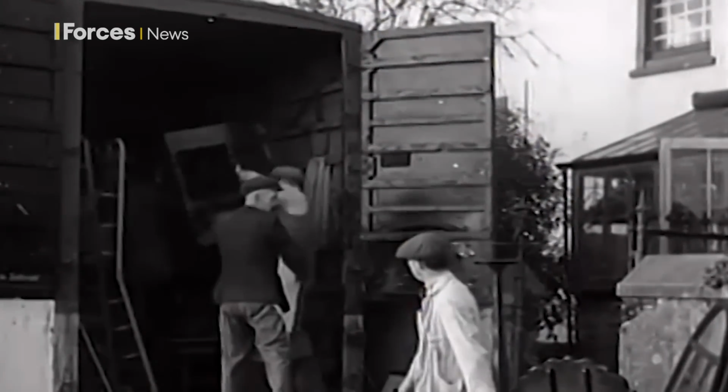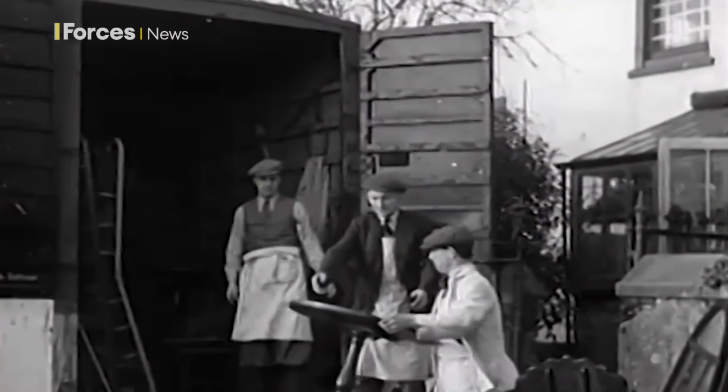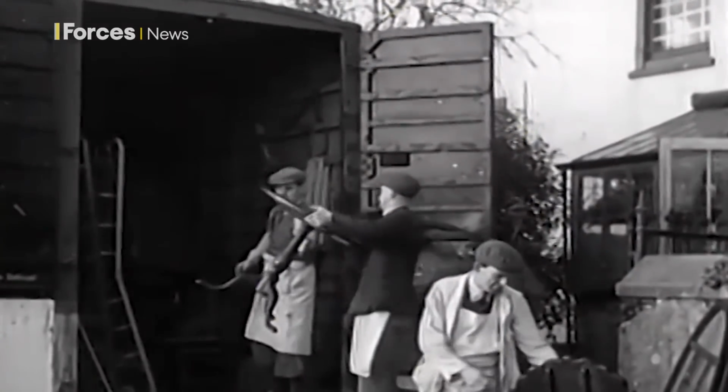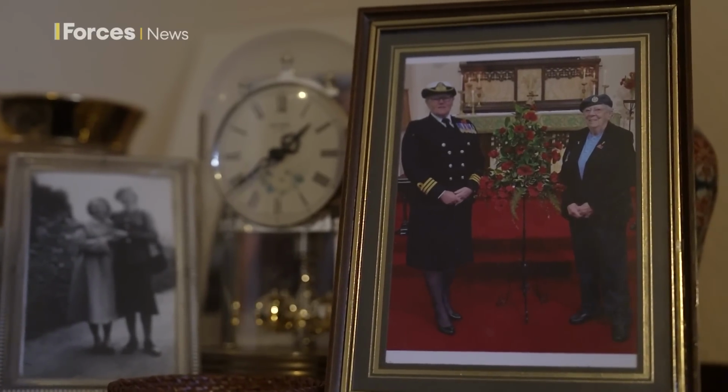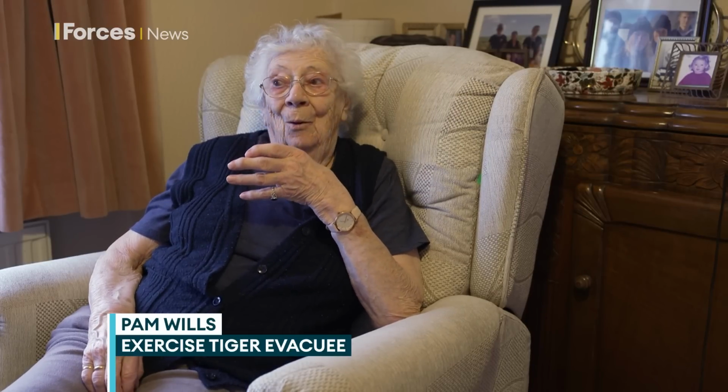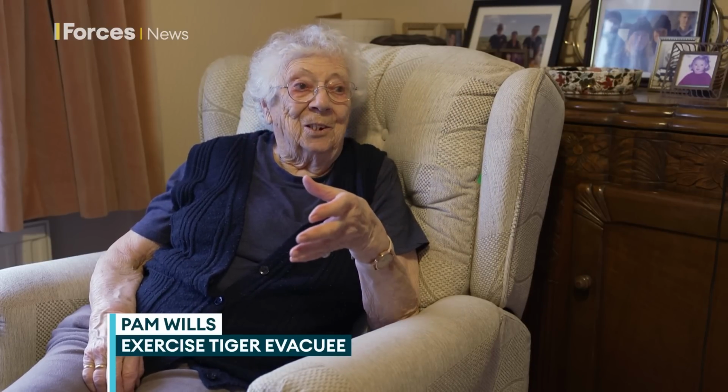In the winter of 1943, coastal communities were told to leave the area. Pam Wills was just 10 at the time. Now in her 90s, she lives in the same house she had to leave during World War II. We were sort of hard done by because we had to get out within 6 weeks. We had to find somewhere to live. We had to take our stuff away, you know,